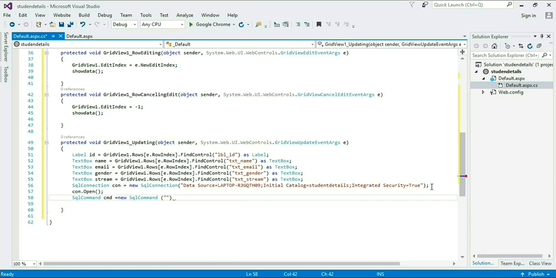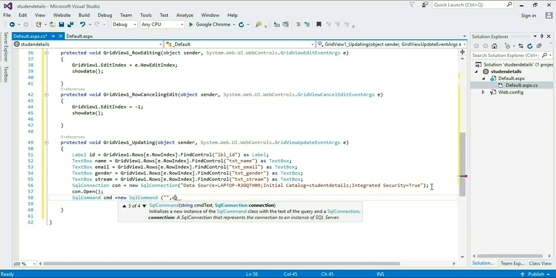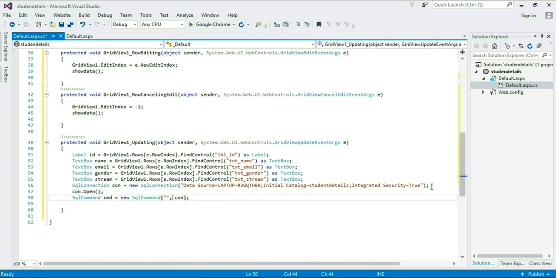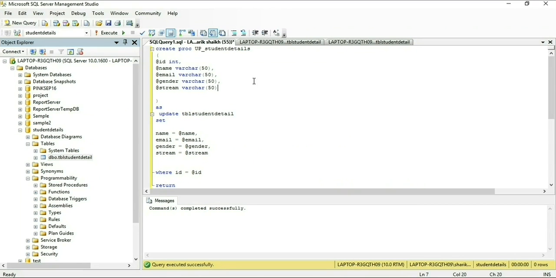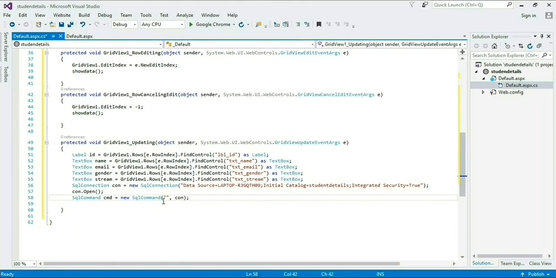And between these double quotes I am passing a stored procedure. I am passing the stored procedure in the SqlCommand. To fully understand stored procedures, I strongly recommend you watch my video on how to insert, edit, update data in SQL using a stored procedure.